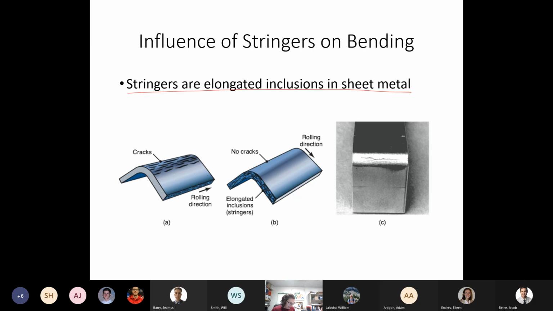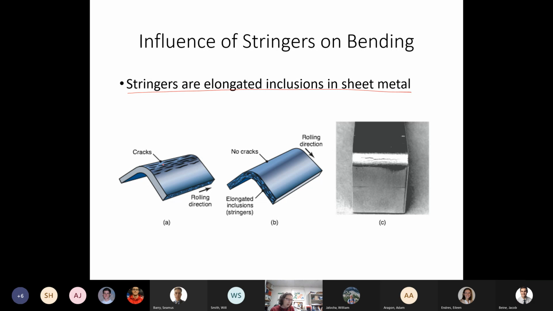So one of the things that we see is that if we have a tight bend where the axis of the bend is parallel to the rolling direction, well,